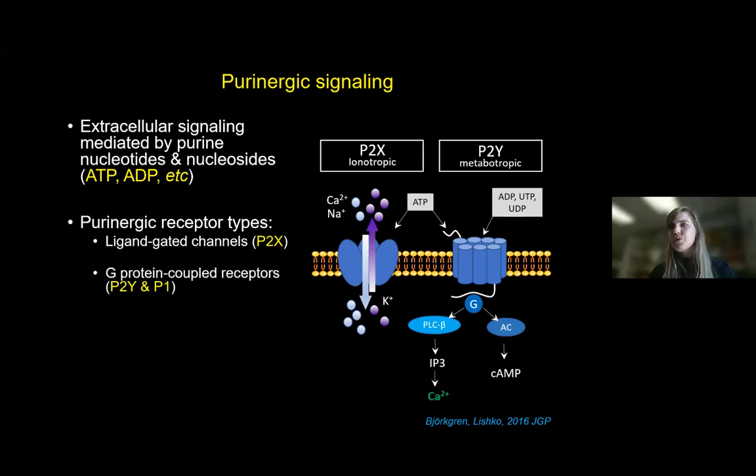And the main receptors found along the GI tract are P2X4, P2Y1, and P2Y2. And we wanted to move into an in vivo model in order to elucidate whether or not this P2Y1 is contributing to diarrhea.